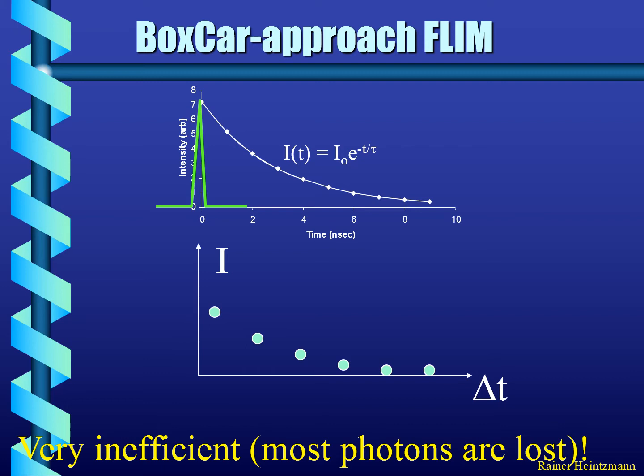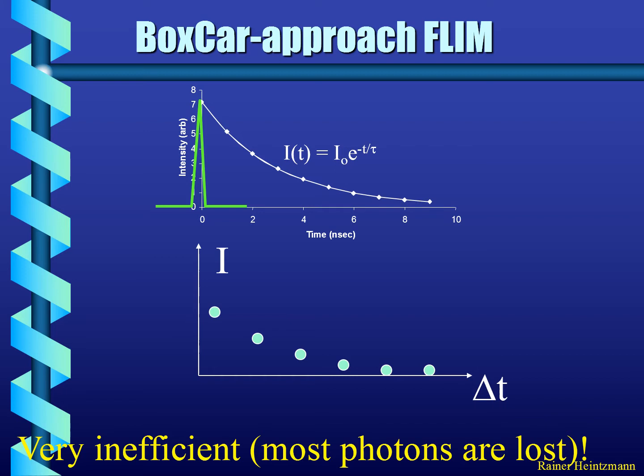I should mention before I go to the next slide that there is something about this which is not very good. In every measurement, as you saw, we are only integrating this fraction of it, let's say 10% of the overall emitted photon count. That's of course very bad, because then you're throwing away 90% of your photons and measuring only 10%. And as you might know, we are very photon starved in fluorescence imaging. So in this way, we are losing a lot of our very precious photons,